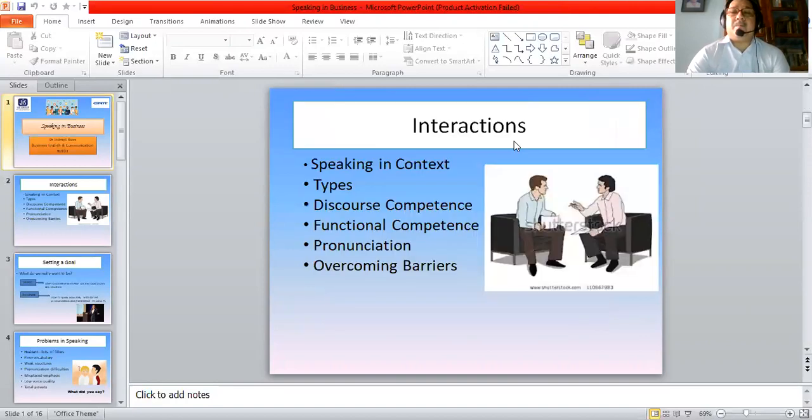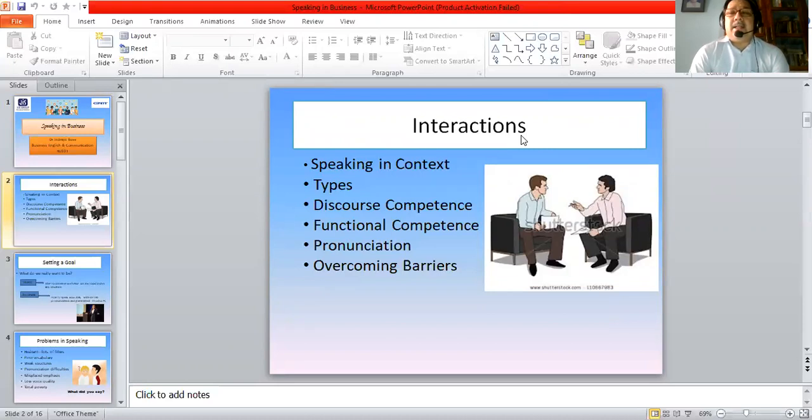Now, let me begin by giving you an example. Let us say that you are taking part in a business meeting in your office. It is your area manager who is speaking to you. By you, I mean, of course, you and your colleagues in the department and other departments. And you are talking about the performance of your product in the last fiscal year.